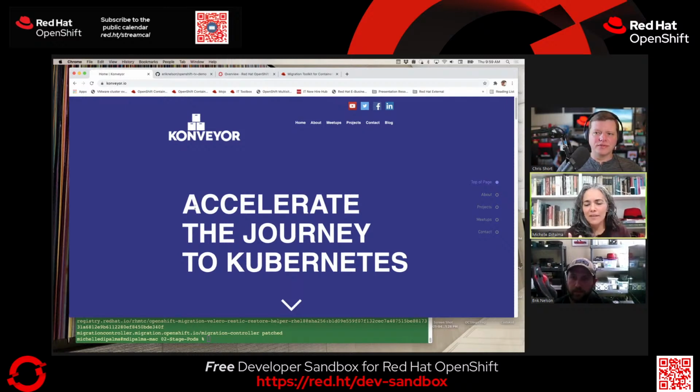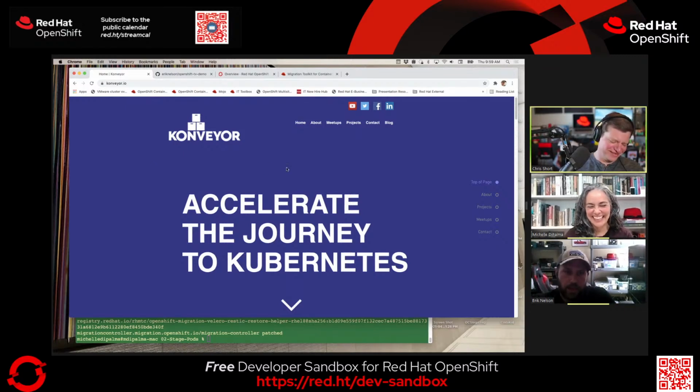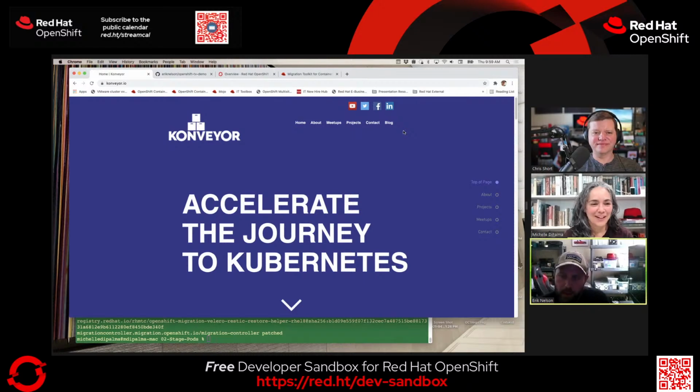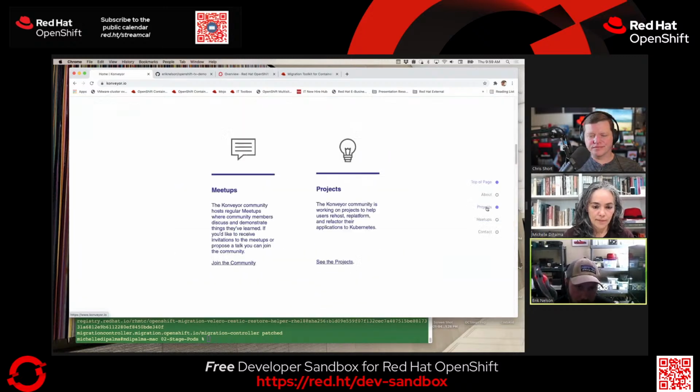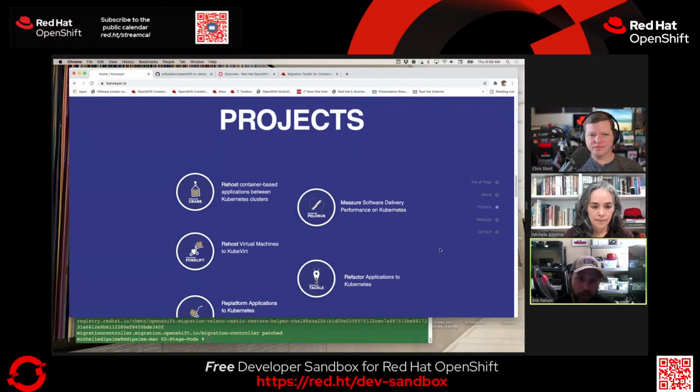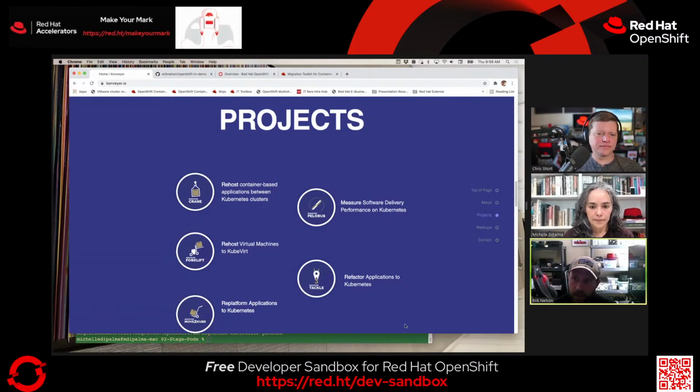Cool. So anything else we want to talk about in the last minute? Well, we got Conveyor up on the screen. I just dropped the link in chat there. Conveyor is the upstream organization where we're building MTC, and the project is called Crane upstream. It's an organization with an umbrella of projects underneath it. We're running meetups as part of it. So there's Crane, which is container workloads, but you can see Forklift does virtual machines to KubeVirt. There are other projects involved in